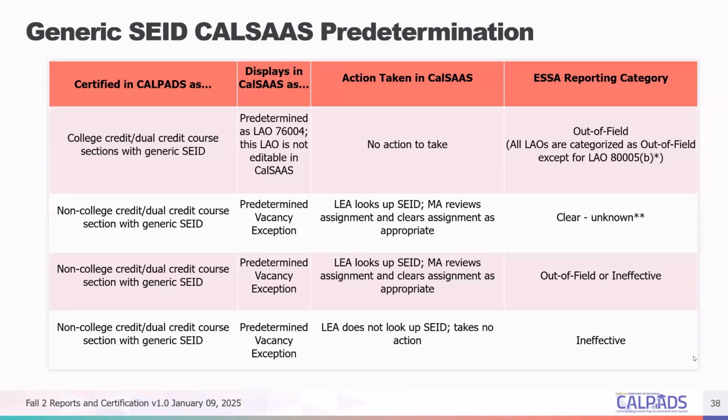I should say, years ago, we emphasized staff employed by the LEA as who you should report. If you have contracted staff that has a SEID, or staff members that are coming from the county or another LEA as some sort of agreement, they may not be employed by your LEA. If you can get their SEID and demographic information to report them, you should report them. That is desired. That is the appropriate way. It's no longer only staff that are official employees. If they're providing instruction and services to your students and are credentialed, you should report them.